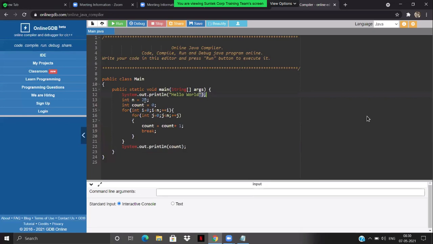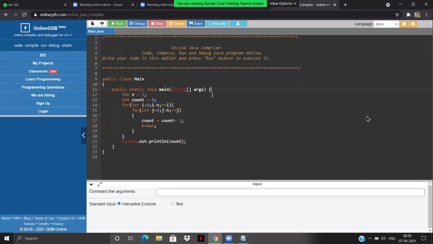Or maybe we can reduce it to n equals 5, just for the easy calculation. Anyone, guys?